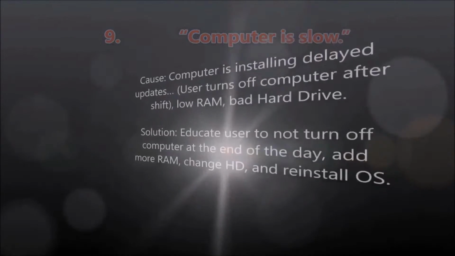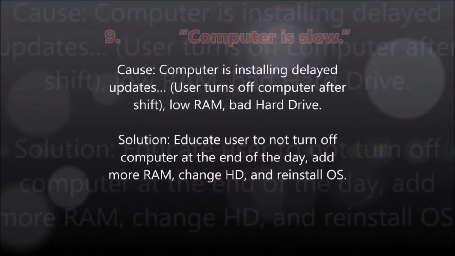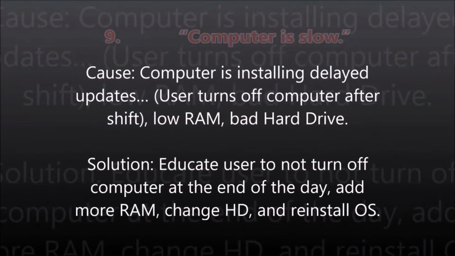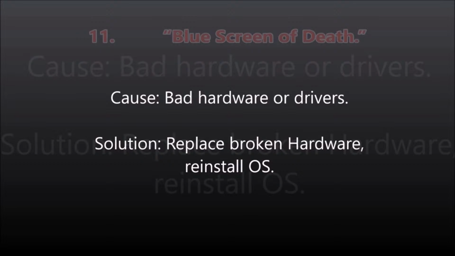Issue number 9, computer is slow. Cause, computer is installing delayed updates. This happens if user turns off the computer after their shift. Low RAM could be the cause, or bad hard drive. Solution, educate user to not turn off the computer at the end of the day, add RAM, change hard drive, or just